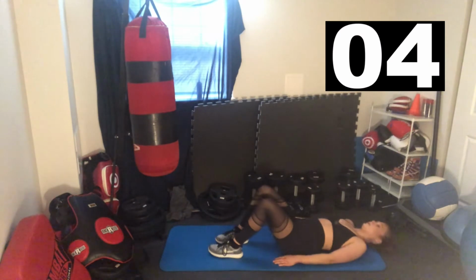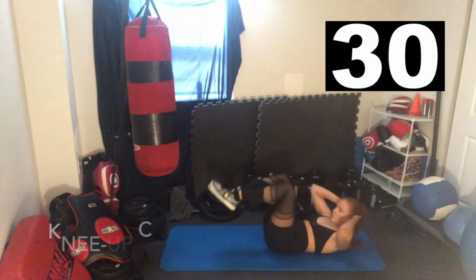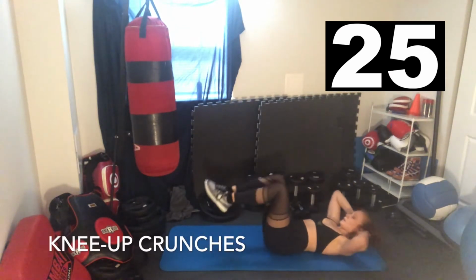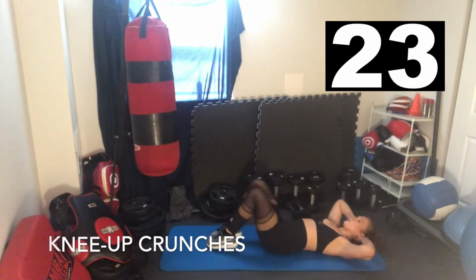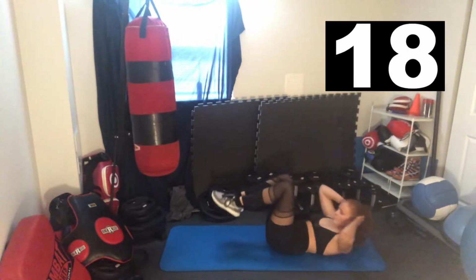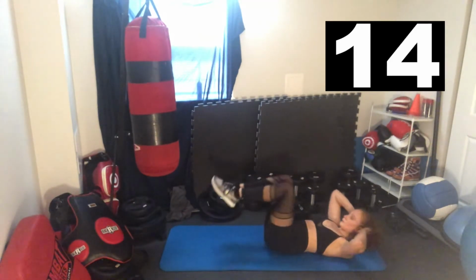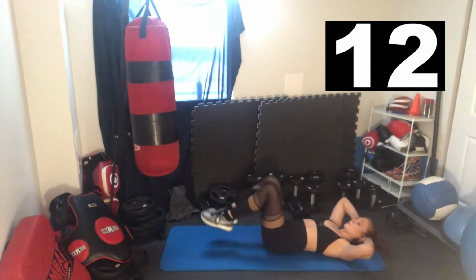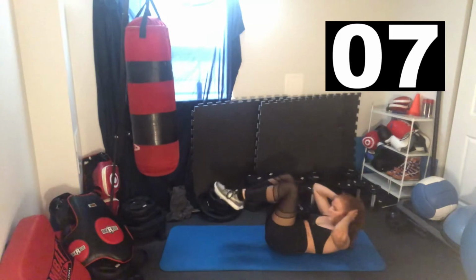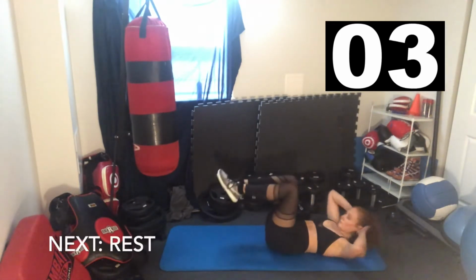Starting on your back for knee-up crunches. And begin. So bring your hands behind your head and crunch up while bringing your knees up at the same time. Keep those knees at a 90-degree angle and don't let them come beyond your hips. Make sure you're not pulling on your neck. Few more seconds